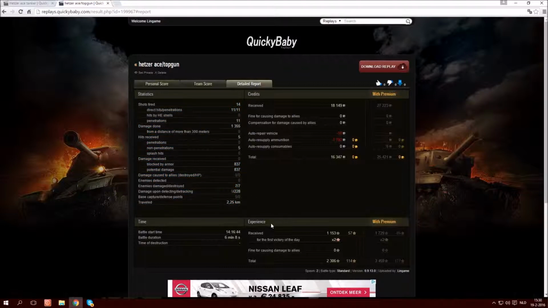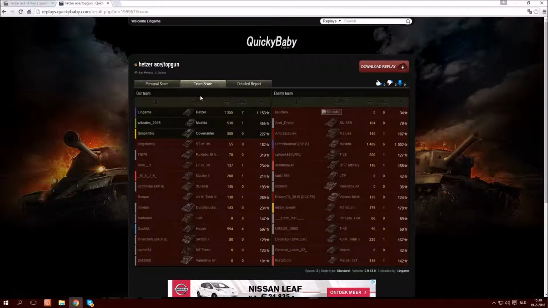Now there were a few more unlucky shots with this. This 11 pens isn't really penetrations, that's just damage you caused. Definitely less penetrations than actual hits. But all in all you can see the result here. It's a very nice result, but now let's see how Ducanel does in his